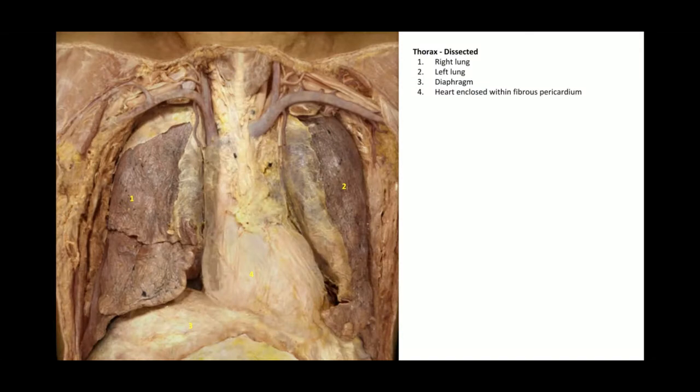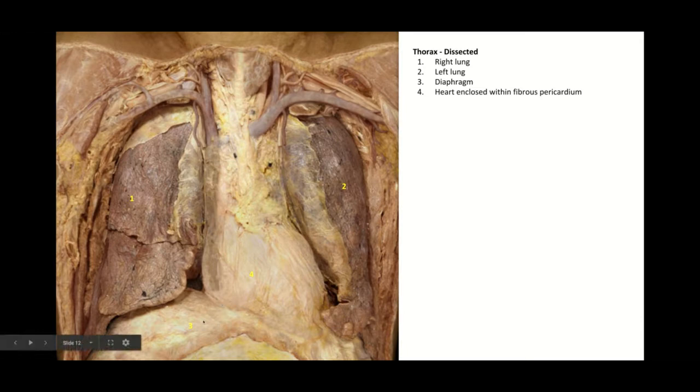Here you can see the real picture of our heart in the cadaver. This is the human heart. Here you can see the heart. It's located in this cavity, which we call pericardial cavity. So the heart is enclosed with pericardial membrane. And the outer layer of the pericardium, which is attached to parietal pericardium, is called fibrous pericardium. I talked about it in the lecture completely, and the fibrous pericardium can attach our heart to the neighboring structure